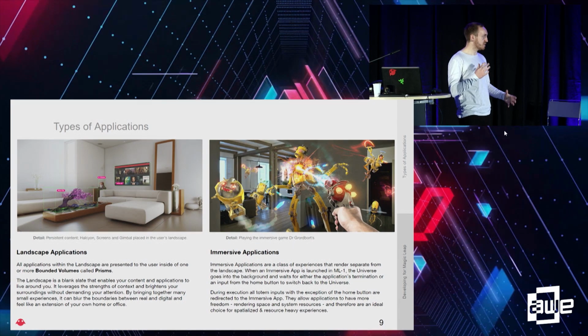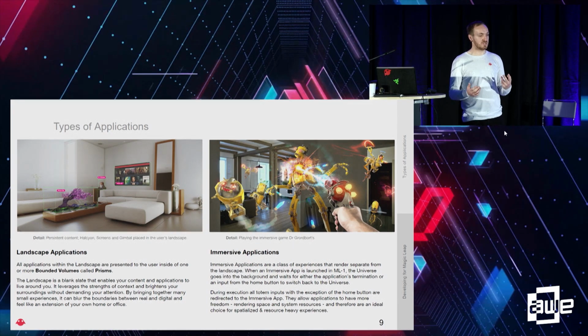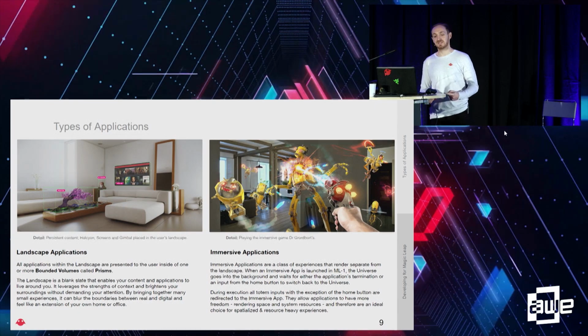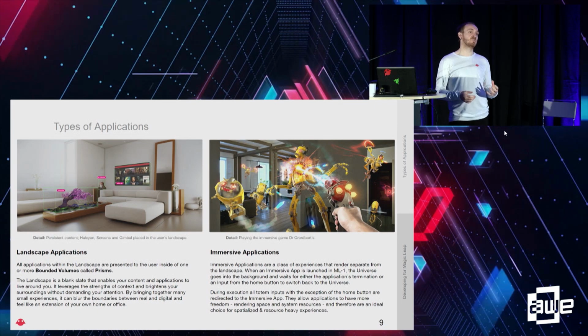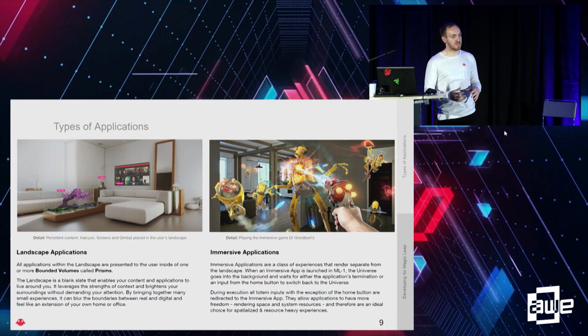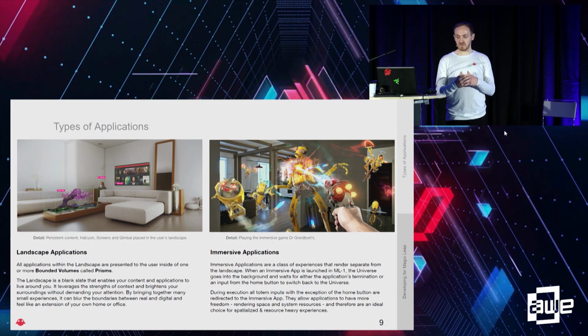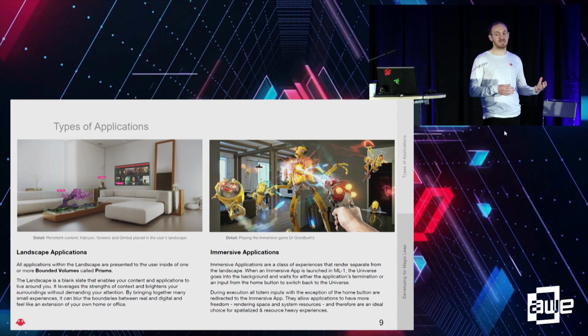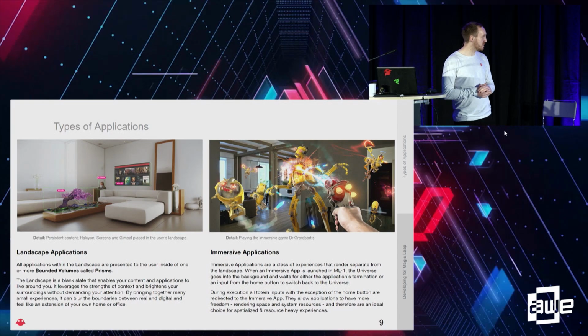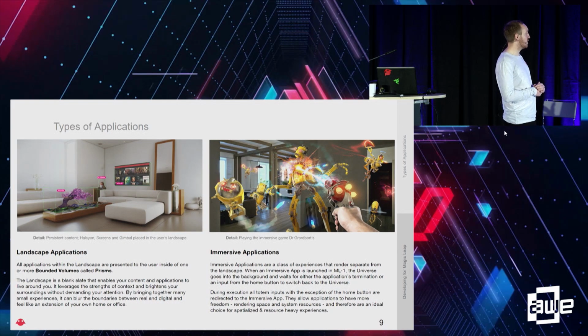So, what are the types of applications that we can build with it? It's basically 2 different types. We've got landscape applications and we have immersive applications. Landscape applications are what we call passive applications. It's where you can have multiple open applications at a time. So as you can see here on this left image, we've got a living room here,